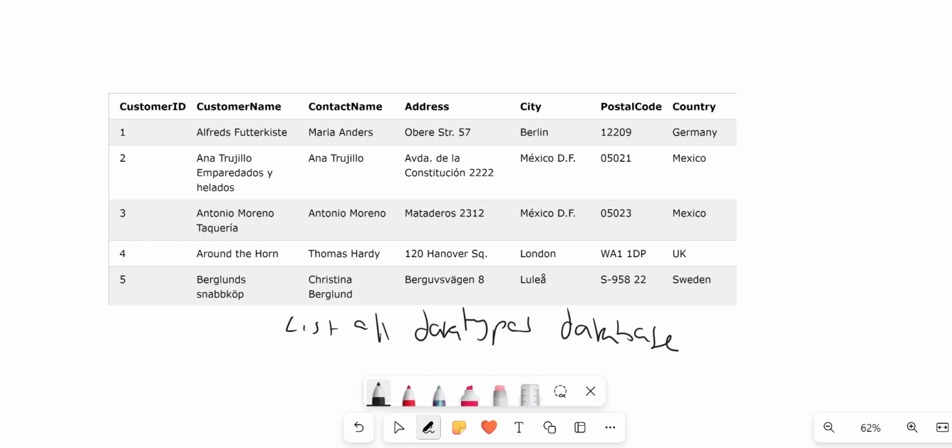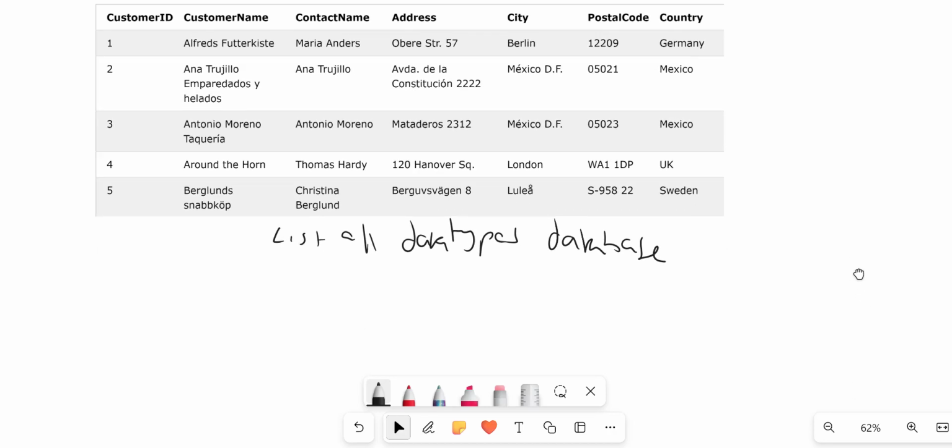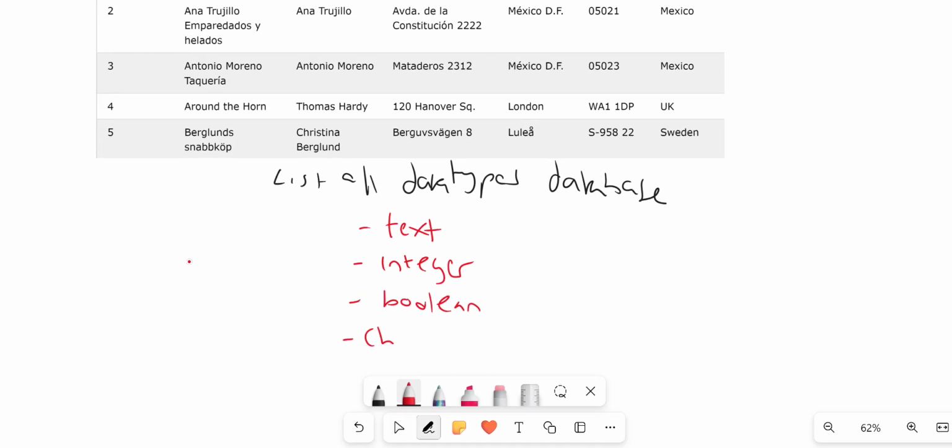Okay, sorry about that. So what you should have put in that time when I was chasing the chicken is text, not string. You can use integer, that is fine. You can use boolean, that is fine. You can use char, that is fine. So all of these are like Python apart from text. But you can also use real, that is fine. And finally, you can use, which isn't in Python,